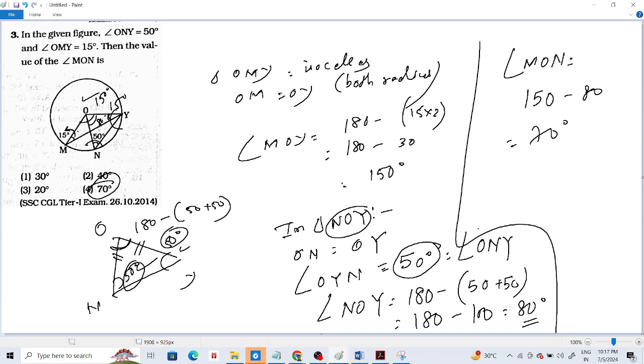তো সেটা হলো 80, তার মানে N ও Y টা 80। এবার তার মধ্যে M ও N টাকে বার করতে হবে। এই যে এটা হচ্ছে M ও N, এটা হচ্ছে M। এবার M ও Y টা তো অলরেডি, M ও N টা হচ্ছে অ্যাঙ্গেল M ও Y মাইনাস অ্যাঙ্গেল N ও Y। তাহলে M ও Y টা 150 আর N ও Y টা 80।